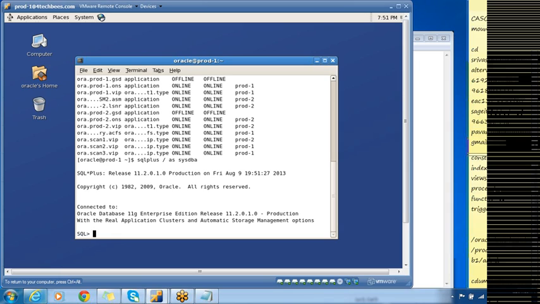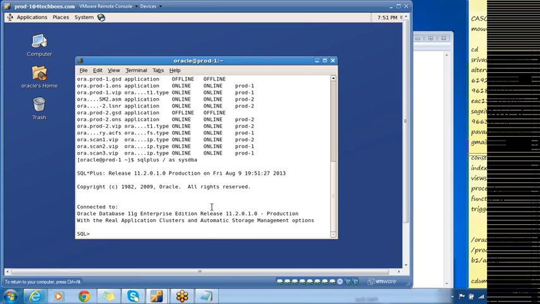Can you give me the view which will show me the information about the disk groups? That will give me the information about the disks.